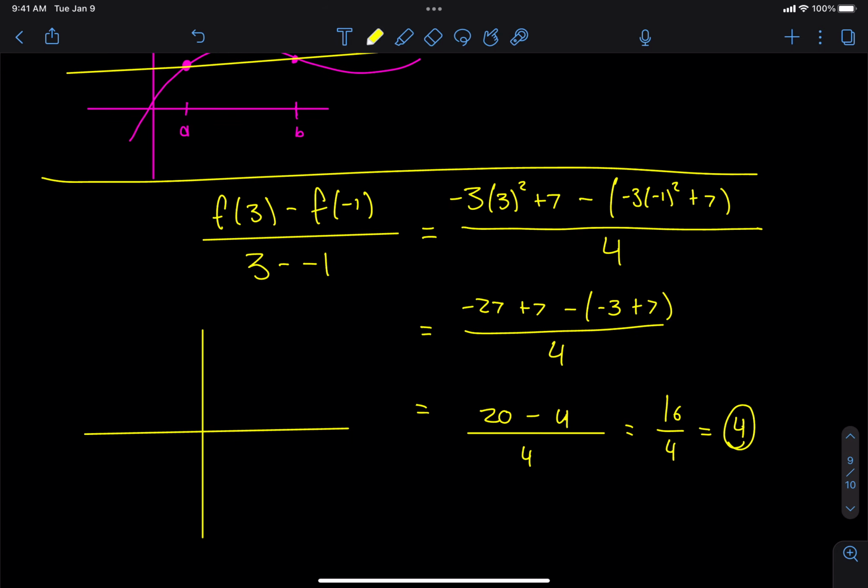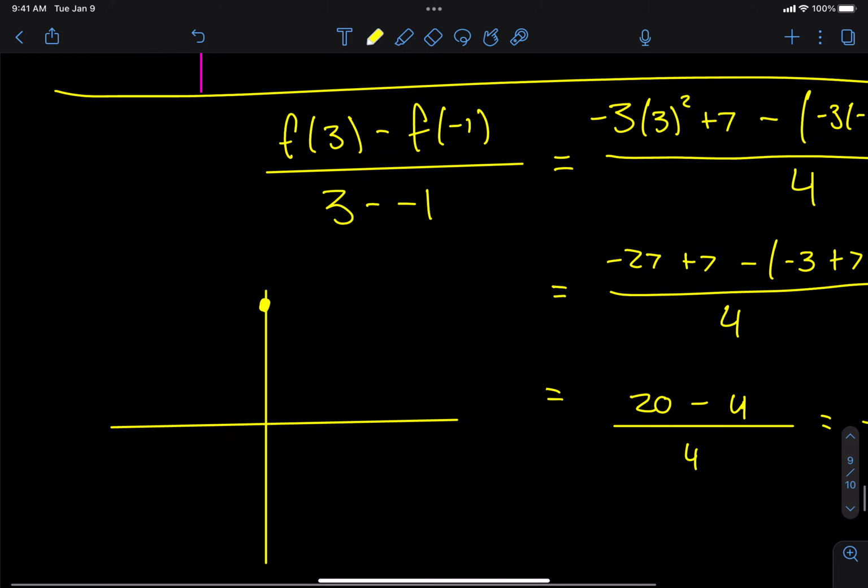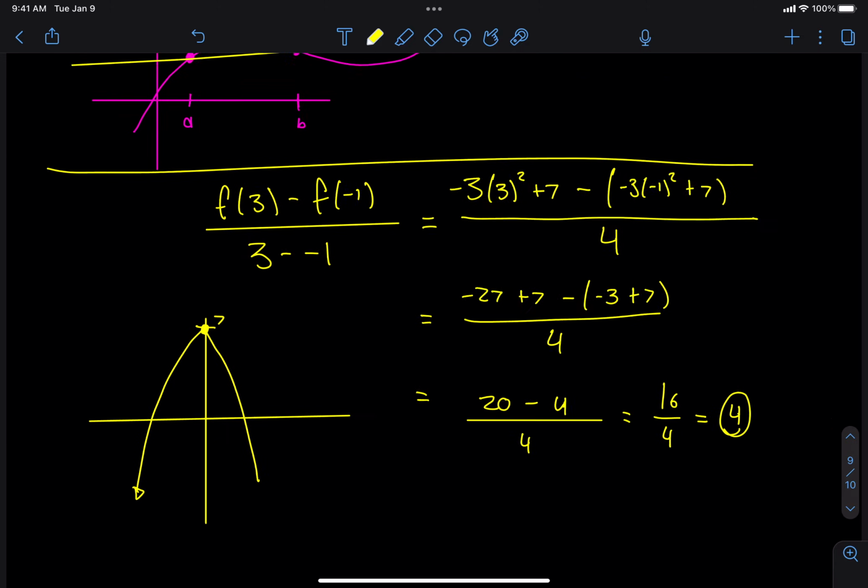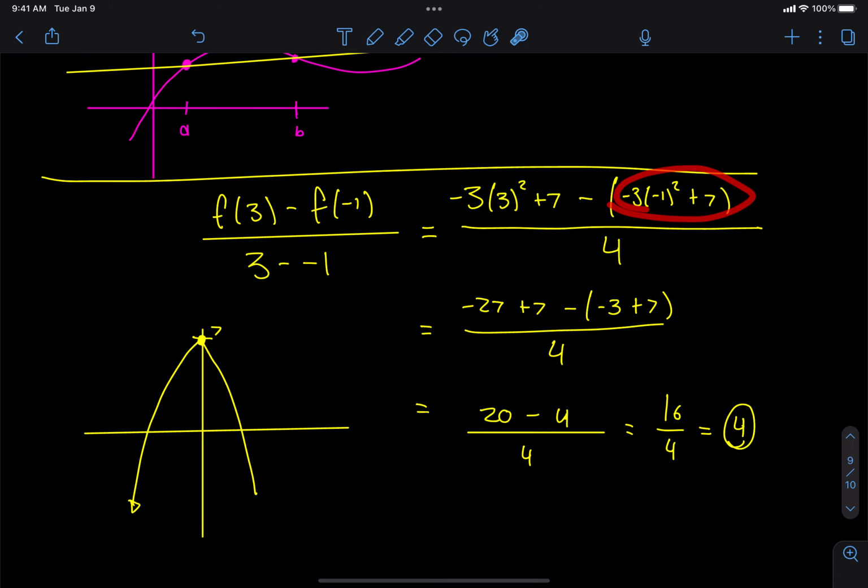It will be an even function, and it will start at 7, and then it will go down like this, right? It will go down like this. So if you plug in negative 1, what did we get when we plugged in negative 1? We got 4, right? When we plugged in negative 1, we got 4. So that's